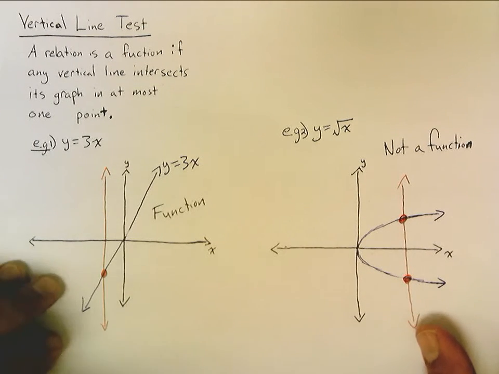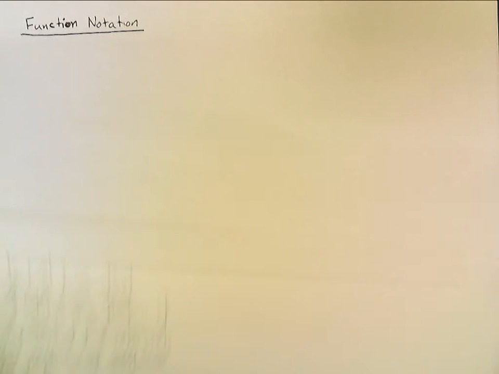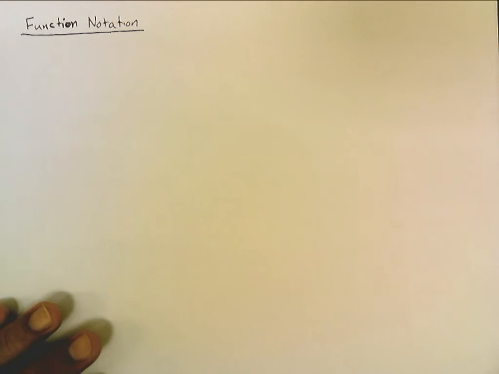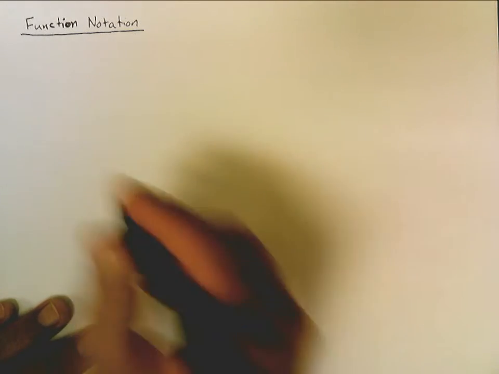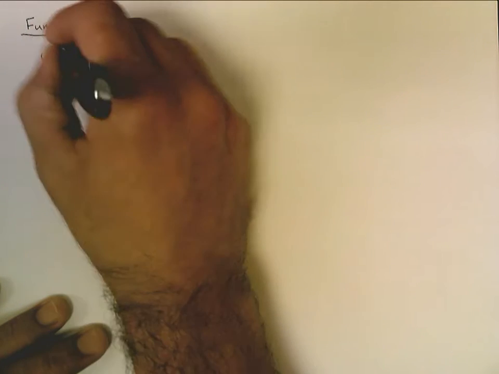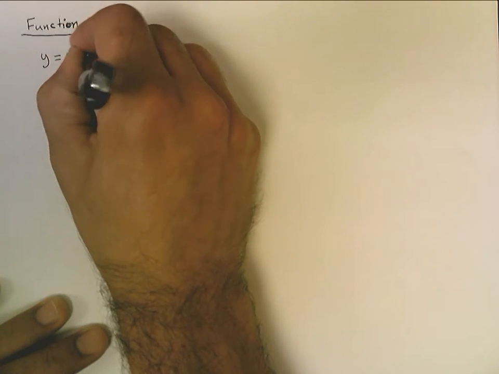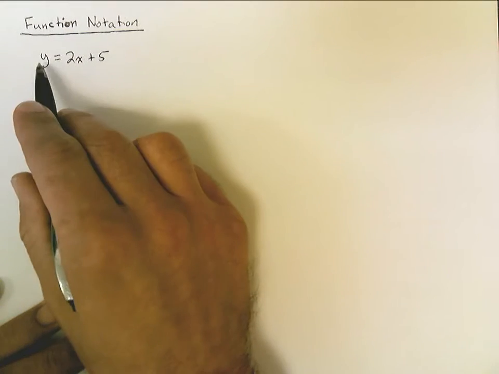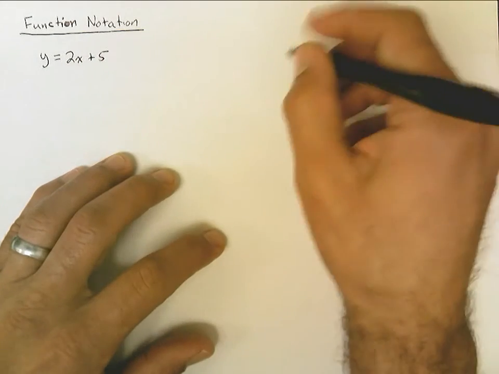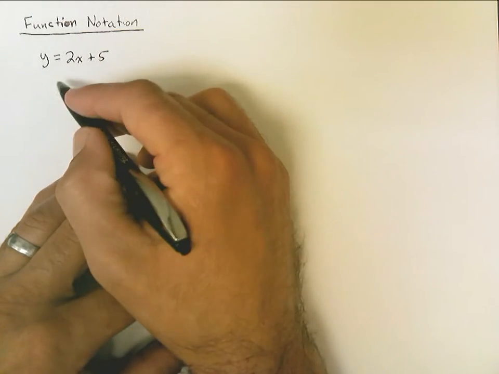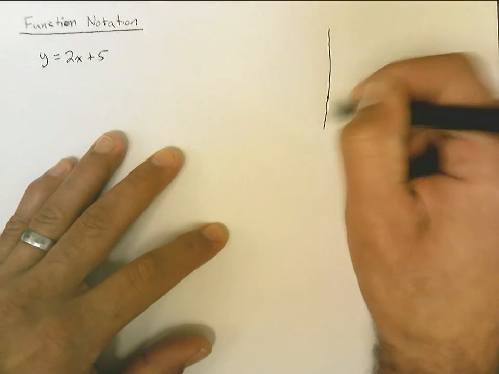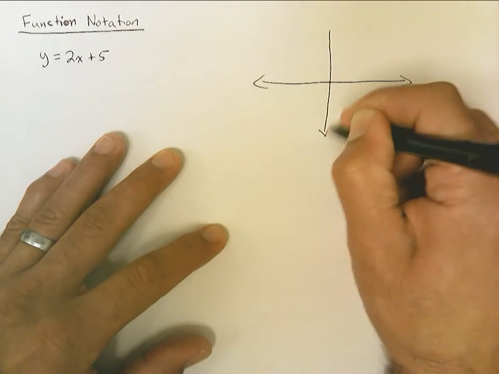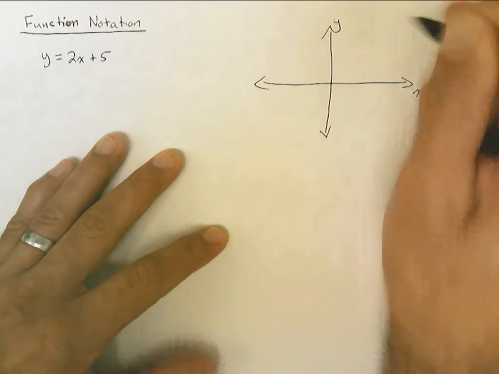Now, one last thing we need to understand about functions for right now is we have a new kind of notation for these functions. Now, the way we've been writing equations is with an x and a y. Something like y is equal to 2x plus 5. And when we're doing this, we have an x coordinate and a y coordinate. So what we're really doing is we're thinking about this equation as giving us a set of points in the coordinate plane where we have our x-axis and our y-axis,